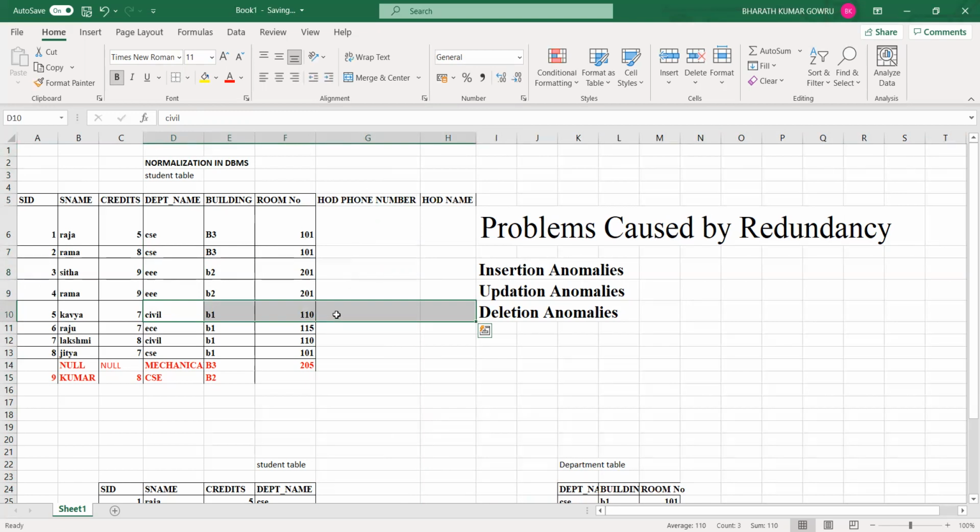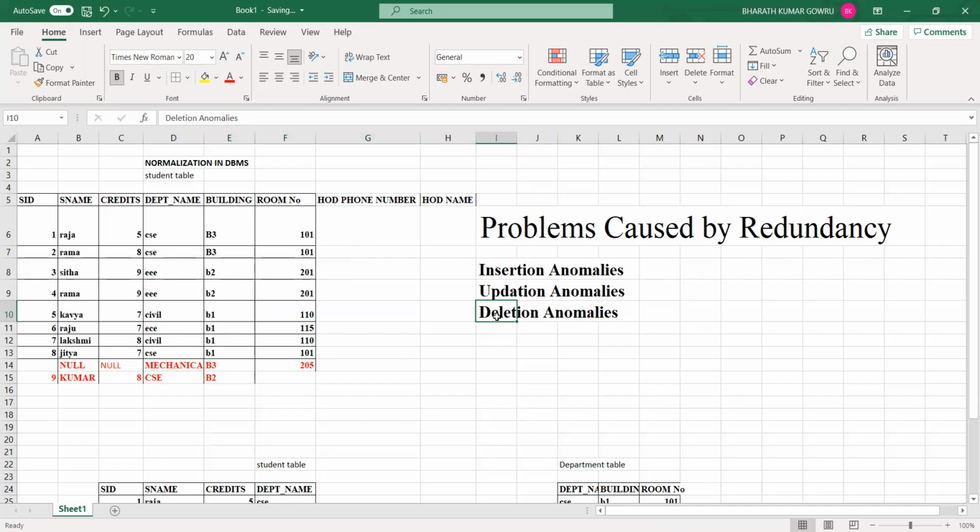But in these types of situations, suppose here we consider only 8 or 9 fields of information, but we have a lot of information available, more than 100,000 records. At that time definitely we will face some problems. That's why our solution is to reduce the redundancy. So this is the information about updation anomalies.